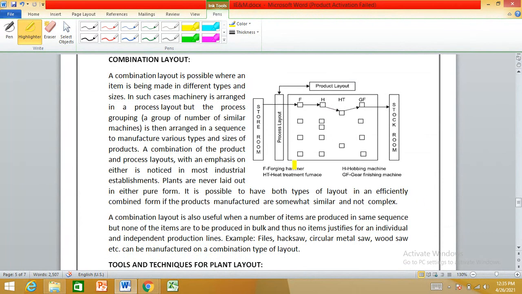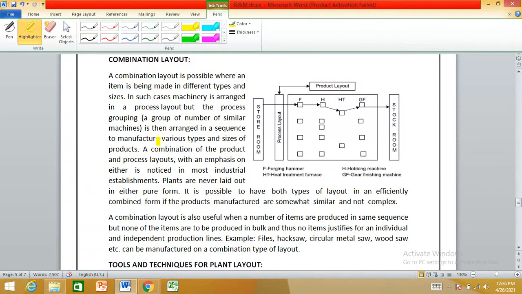Combination layout is possible where items are being made in different types and sizes. In such cases, machinery is arranged in a process layout, but the process grouping is made. Then it is arranged in sequence to manufacture various types and sizes of products.